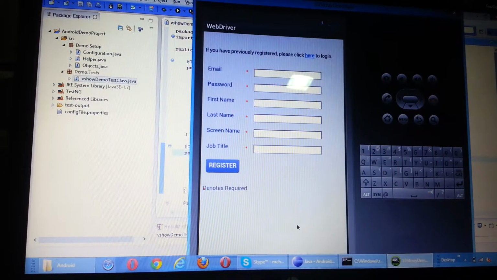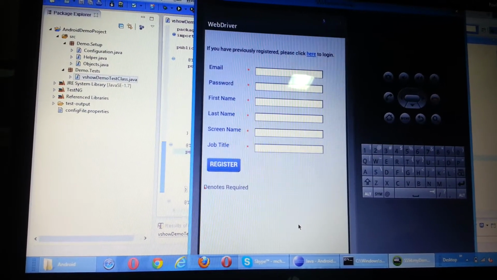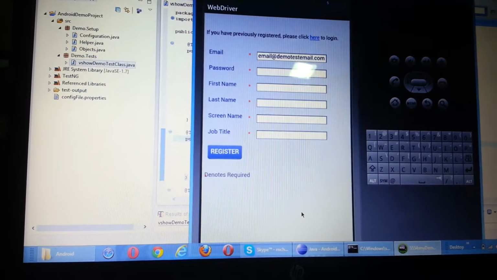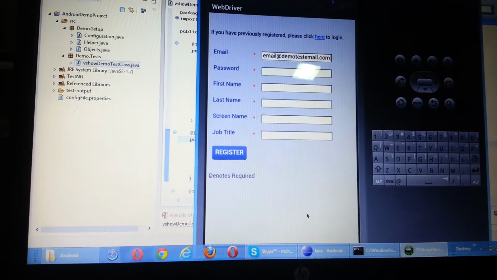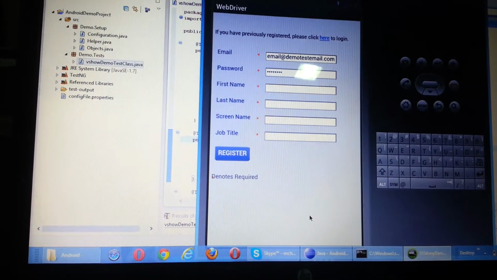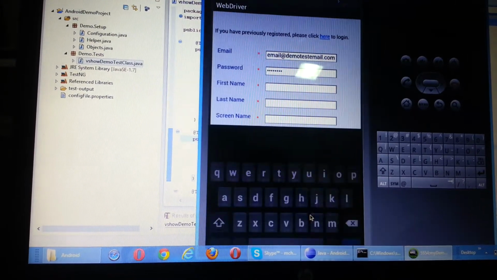So now the registration page has been opened. It will fill all the fields and click on the register button.